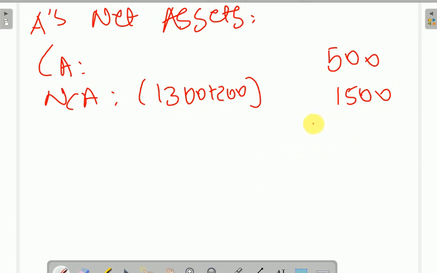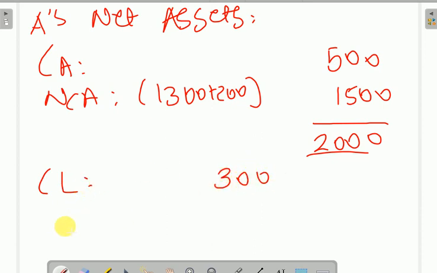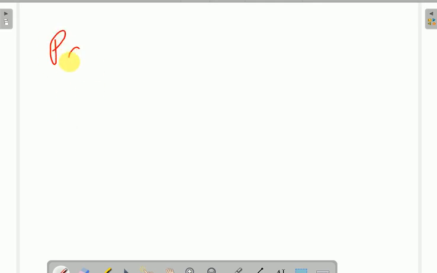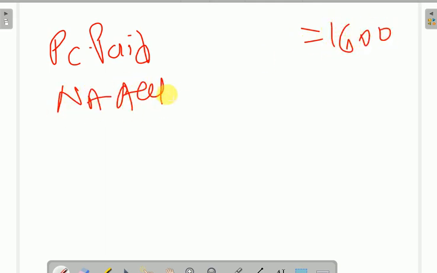टोटल असेट्स हो गई 2000, उसमें से आप लायबिलिटीज़ को लेस कीजिए। तो लायबिलिटी साइड है करंट लायबिलिटीज़ जो है 300 और नॉन करंट लायबिलिटीज़ जो है 400, तो ये हो गई 700। तो उसकी नेट एसेट्स हो गई 2000 माइनस 700, तो 1300 नेट असेट्स अक्वायर्ड। और हमने पीसी कितना पे किया? पीसी पेड 1600, नेट असेट्स अक्वायर्ड 1300।